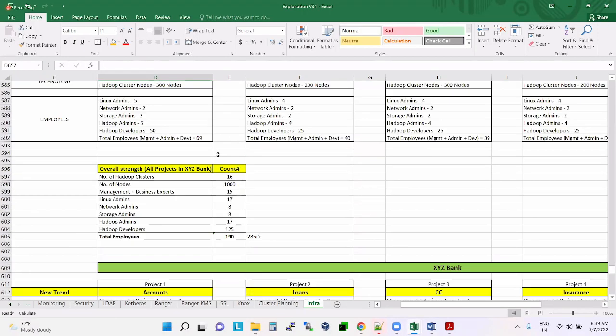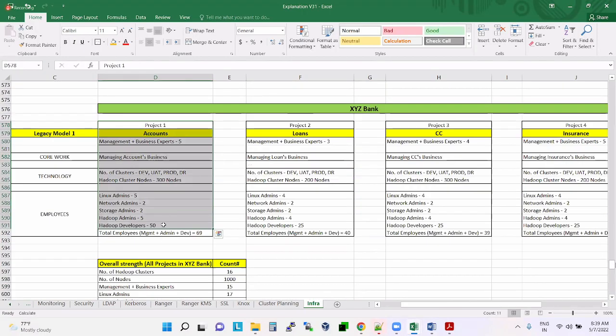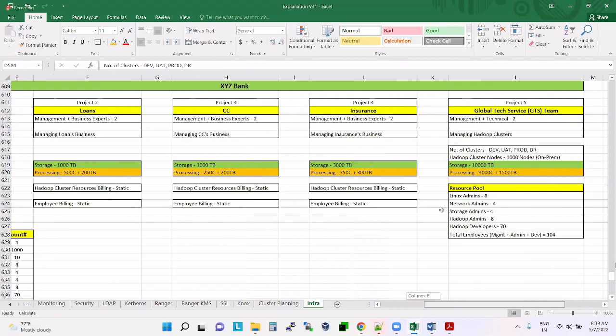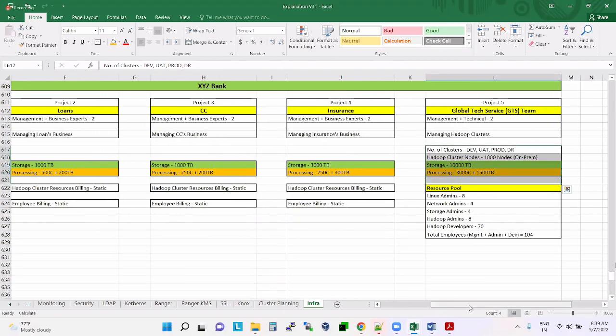But if you see the legacy model, they are worried about technology also. Correct? Suppose the production cluster is down, this management used to get involved in the entire thing, which is not their work actually. But still they were involving and checking. Later, it has become like this, a consolidated Hadoop cluster. So we are at this stage, guys, in our current company. But we are targeting this year.